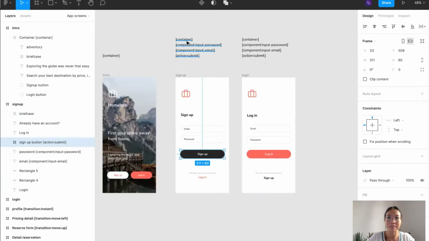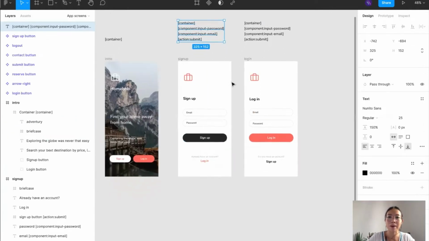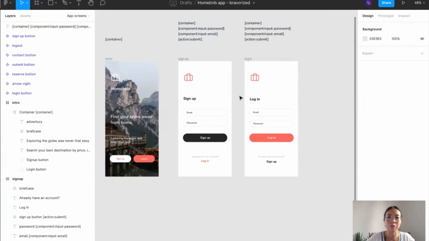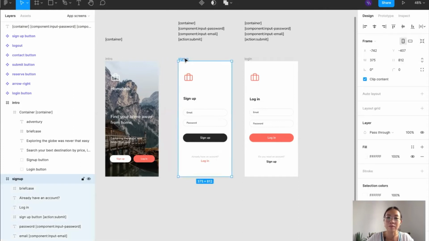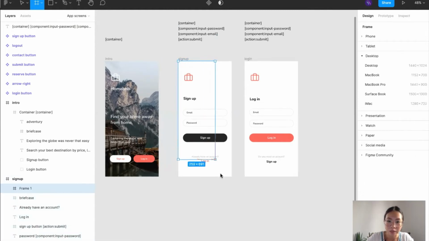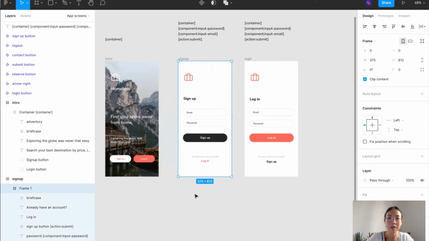Then the second part is a container tag. How we go about creating containers, which is the second step of Bravorizing, is to look at your app page and see if there's going to be any difference in behavior in this page. Now this might sound vague, but we'll see at a later step when an app page has different behaviors. In this first case, for the sign up, all of this will stay static, the design itself. So we will put a container, which is created using a frame, around the entire